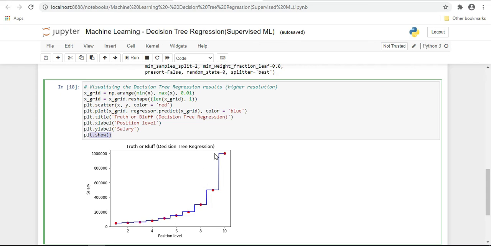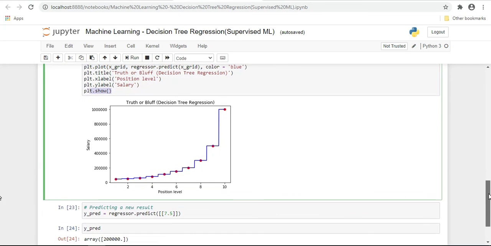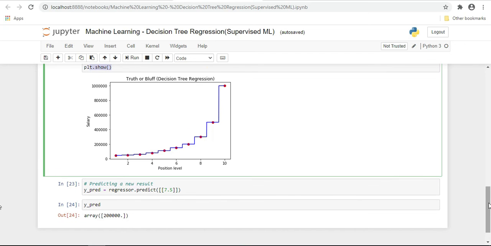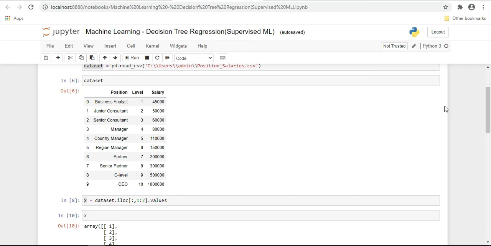If you see here, the points where our x and y intersect, and when we plotted this decision tree, it is almost correct. If you want to predict some values based on some level of experience, you see here that for level 7 the salary was 200k.